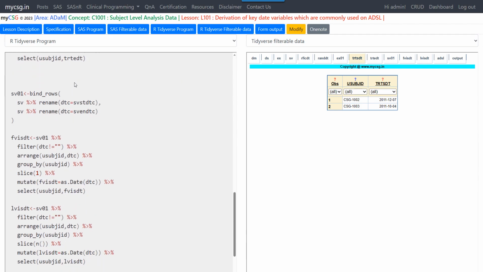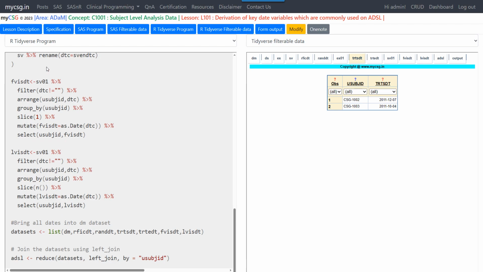And then similar to the exposure processing of pulling the start and end dates into a common variable by using a bind rows function. So this is kind of equivalent to your data step appending. In the first instance, this gets translated as set SV and then again SV, and on the first SV we are using the data set option of rename and renaming SV STDTC to DTC. So this is kind of appending the same data set twice but using different date values into the DTC variable on each instance. So we are combining them, and then